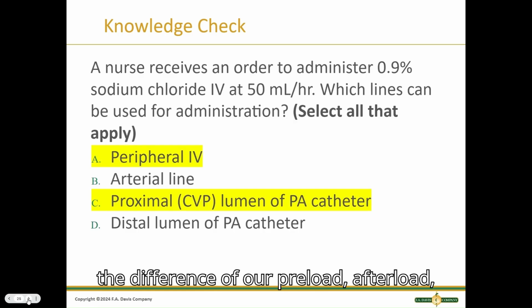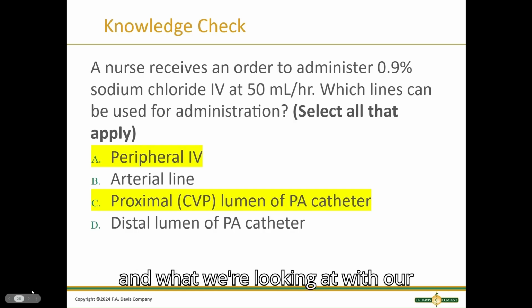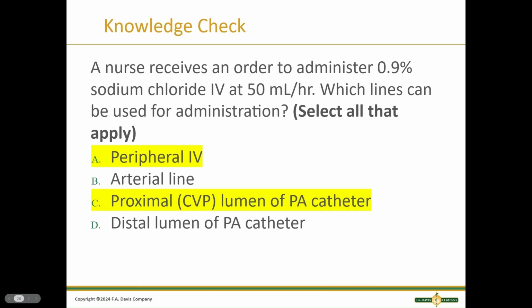If you chose the peripheral IV and the proximal CVP lumen of the PA catheter, you are correct. Remember,